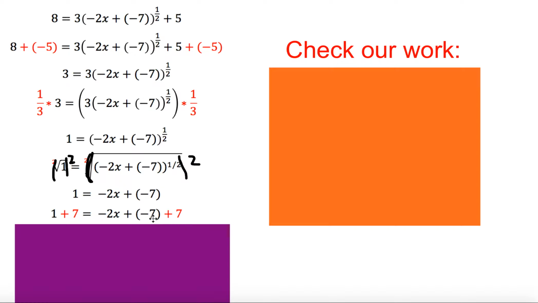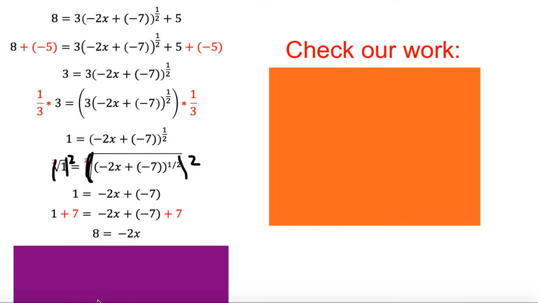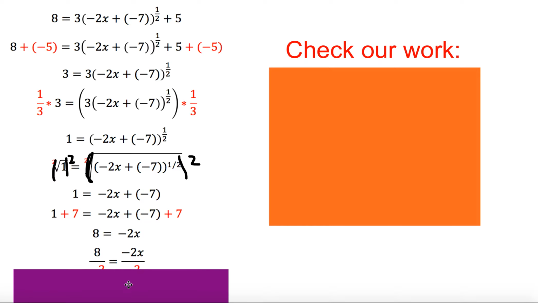On our right hand side, negative 7 and positive 7 are equal to the identity, which is 0, and so we're just going to have negative 2x plus 0. Well, anything plus the identity is actually just the remaining number. So we know it's going to be negative 2x, and 1 plus 7 is 8. So now we have here negative 2x, and we want to get x by itself. Well, we're going to multiply by the inverse. The inverse of negative 2 is negative 1/2,